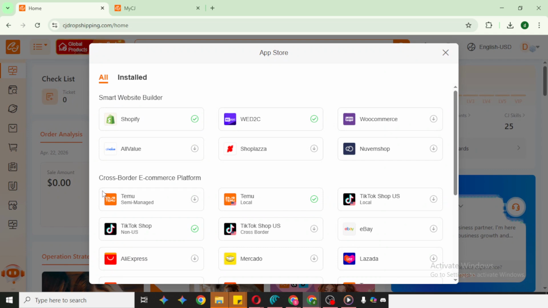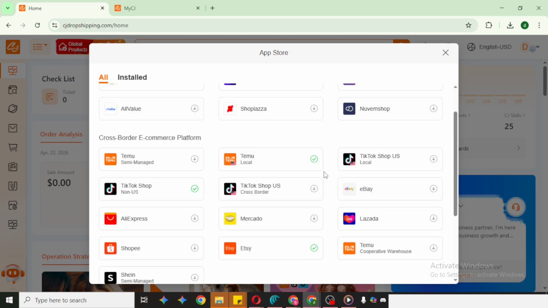When the platform list appears, select Shopee. Choosing Shopee here tells CJ exactly which integration workflow to launch. If you manage multiple marketplaces, make sure you're picking Shopee so the right permissions and connection steps load. The page may briefly check for your region and shop availability before moving forward.